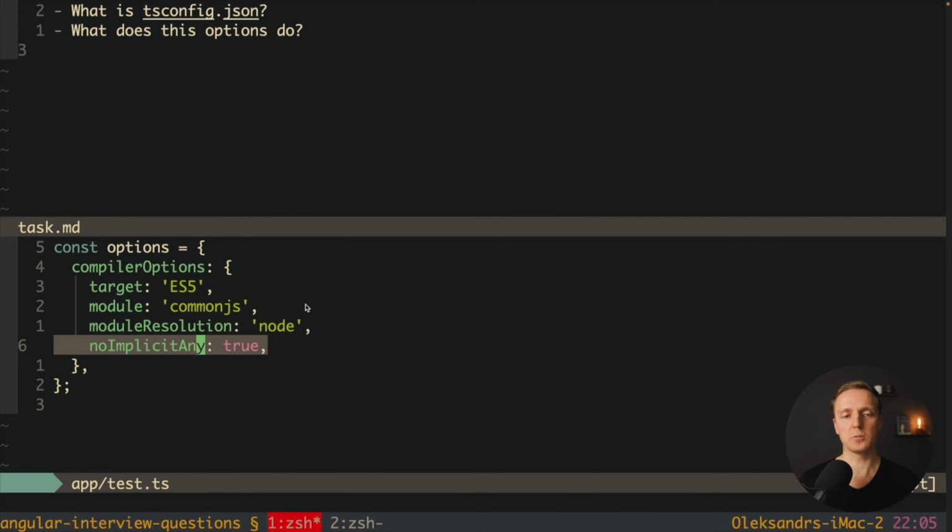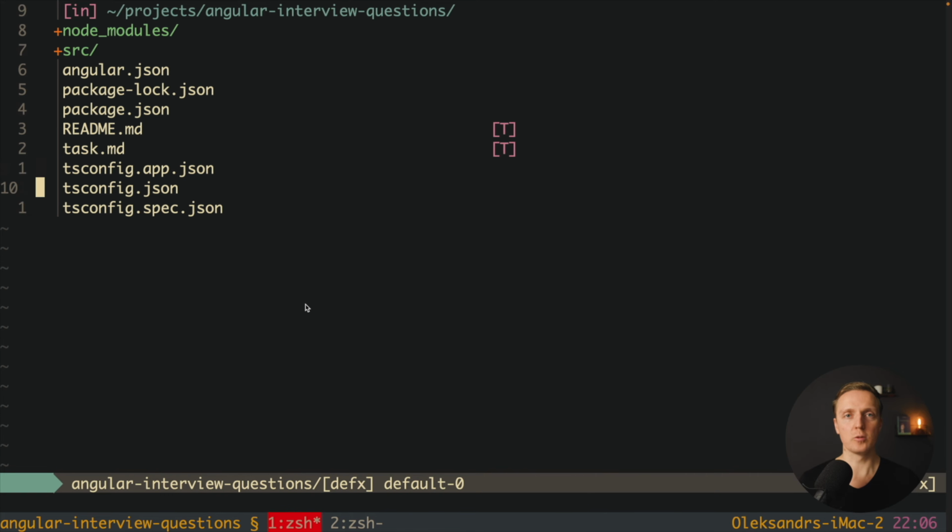And for example, this is one of the rules for how you can configure your Typescript to highlight some errors. As you can see here, we have a setting noImplicitAny, and it is set to true. What does it mean? Sometimes you can write code where you didn't define any as a data type, but actually it is there by default because of how you wrote your code. This option tells you when you have such a case, which means this option is good because you will know that in this specific case you are getting any, so you either need to specify it by hand or change your code.